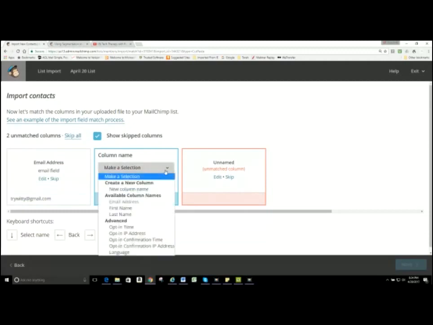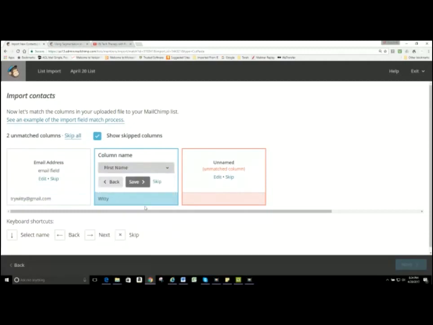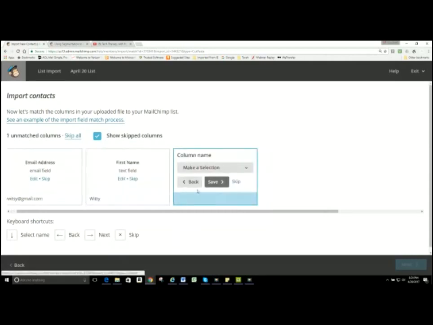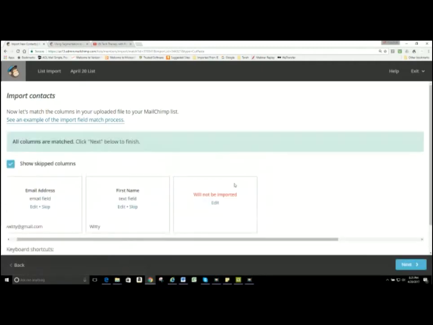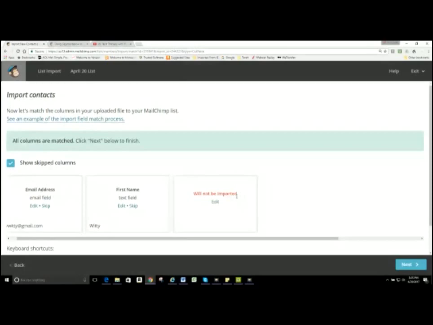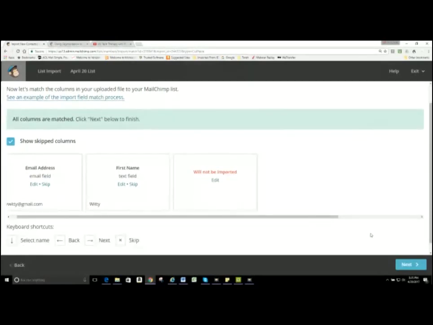And I'm going to select first name here. And then I'm going to save that. And it brings me to the next column. As you can see, I'm just going to skip that, and it will not be imported. So it's going to take that list that I typed, and I'll click next